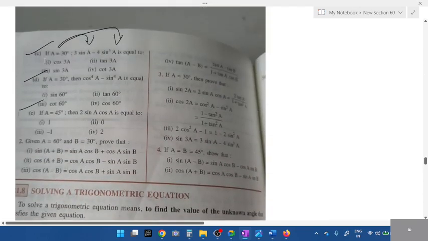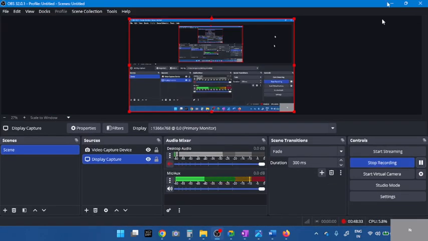Three questions for homework. I want all 3 of you to solve and send it. Every day I'm giving homework. Only 1 or 2 students, 1 student is sending. If not, you all don't even send it. Try these 3 questions, students. We'll continue tomorrow. Any doubts? Do you all have any doubts? Okay, we'll